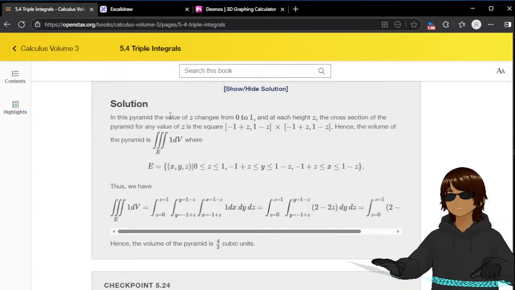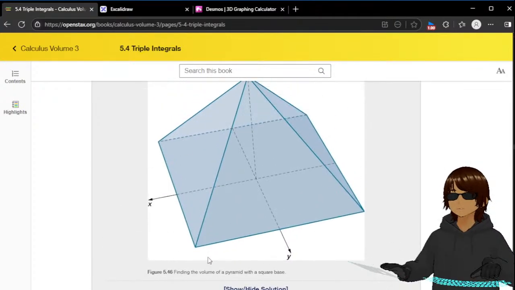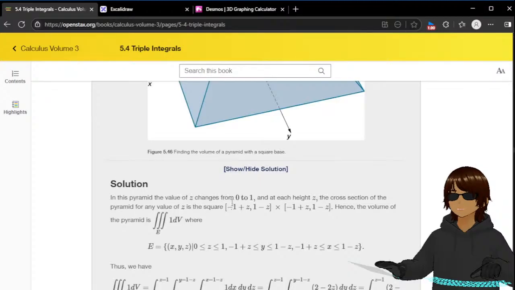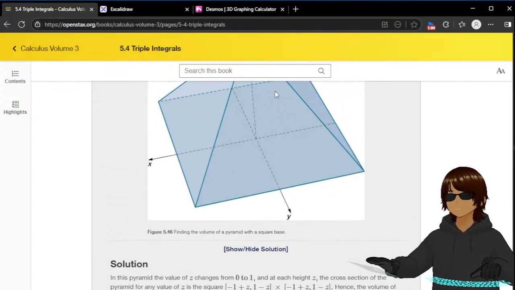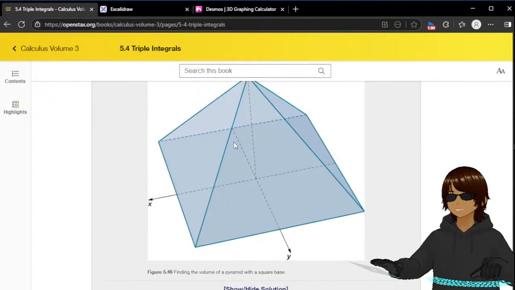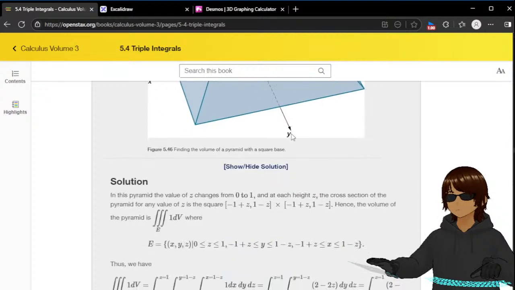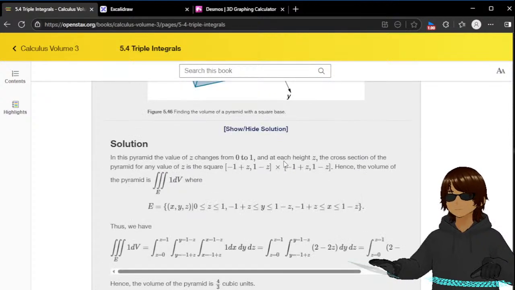In this pyramid, the value of z changes from 0 to 1. At each height z, the cross section of the pyramid for any value z is a square. Yeah, this square goes from minus 1 plus z to 1 minus z. So each corner at a particular z value, like at one slice, the corners at each slice. Hence the volume of the pyramid is